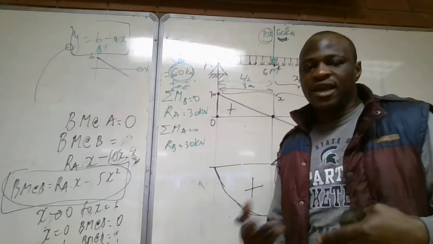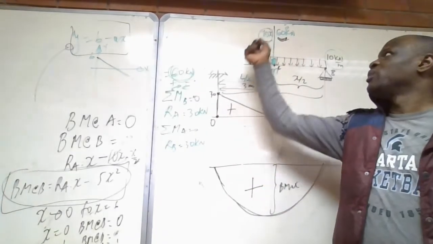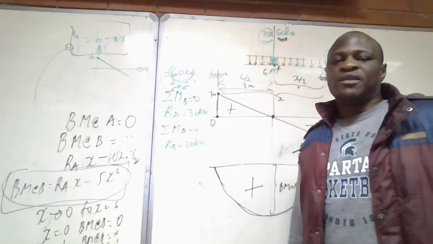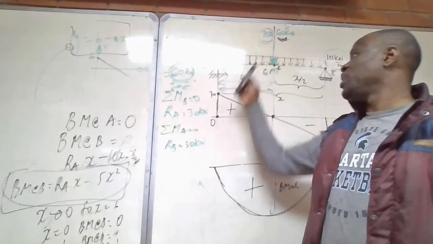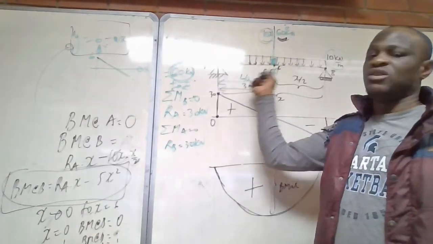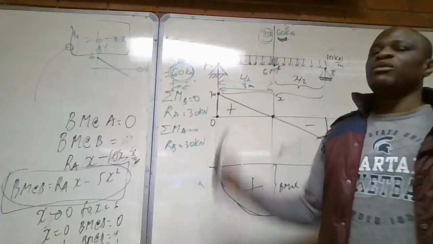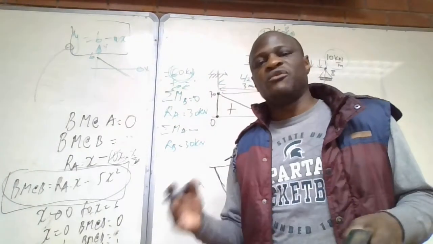Now understand that whenever we're still on the length of the beam, we can use the mathematical function of the UDL. And if we are beyond the UDL, it means we have covered the whole value of the length, then we can use the total value. And this is valid either for the UDL, or for the VDL.